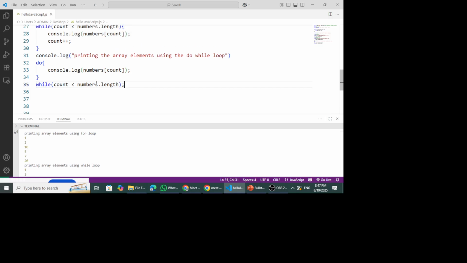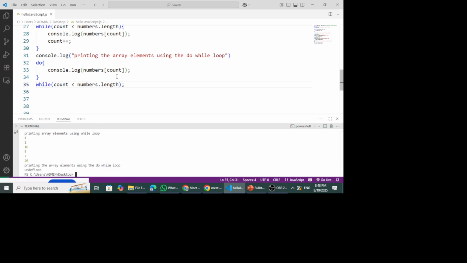So the syntax is as follows. We first use the do, we provide the statement within this, and after that we provide the condition. So when we save this and rerun the program,